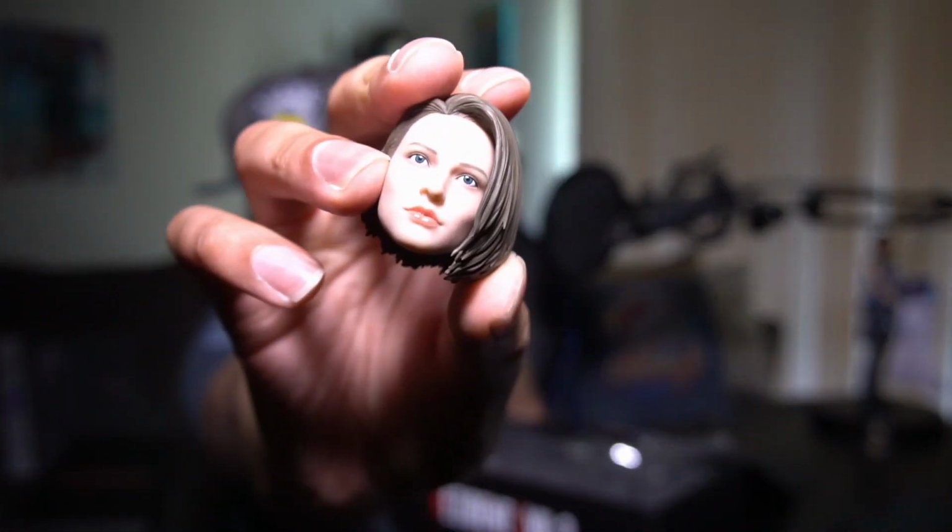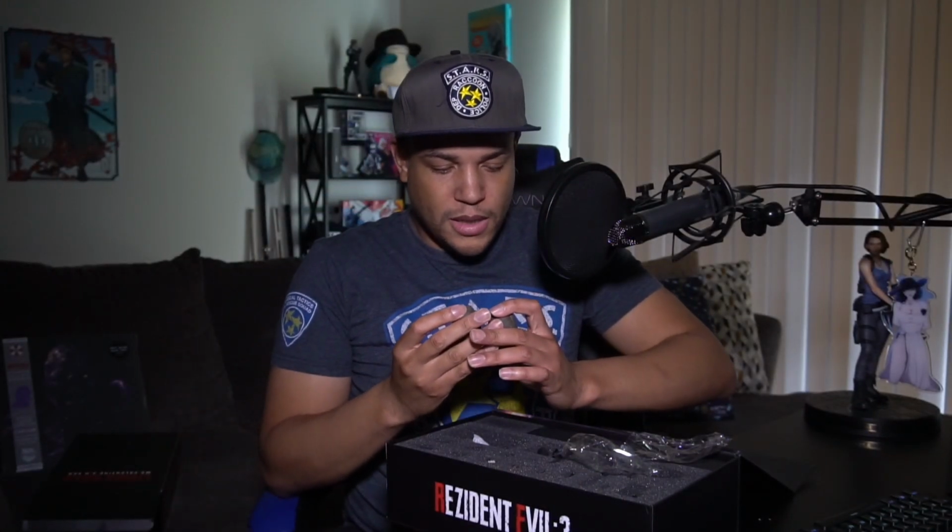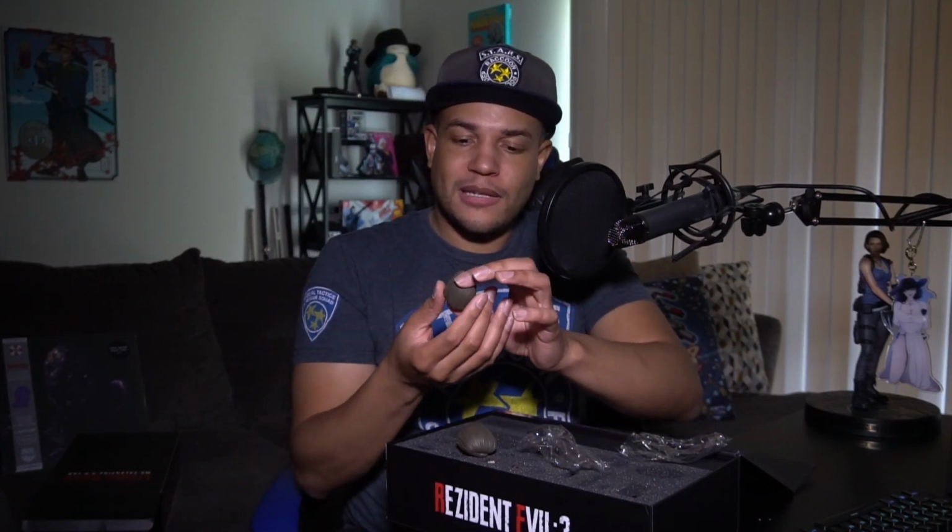Sorry for my light setup. It's super blown out. I'm gonna get to that at some point. And then this one, she's looking right at you. So same sculpt, just looking in a slightly different direction, kind of off to the side, or straight at you. So that's cool. I actually like this because I've seen other figures, and maybe it was their first version